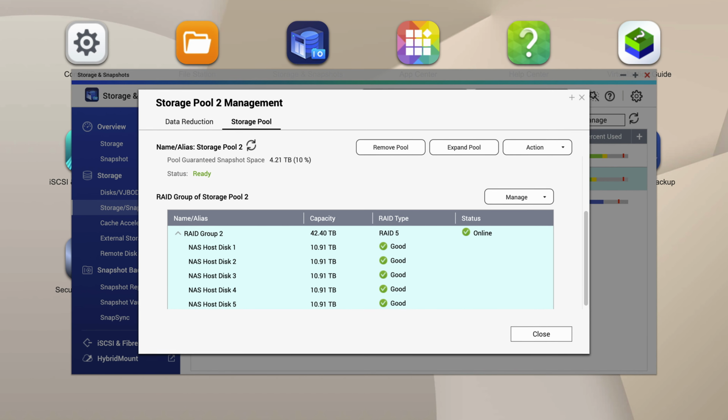Setting up the NAS was quick and easy, and I'm not going to go through the whole step-by-step process, but I do just want to mention a few things that I did that really helped optimize the NAS to make it as fast and as effective as possible, especially for video editing, in case you're looking to do the same. Firstly, I set up the main storage pool on my NAS to be a RAID 5 configuration,